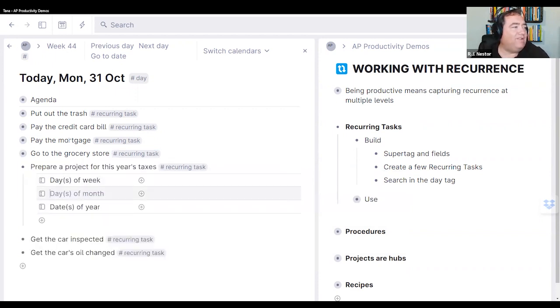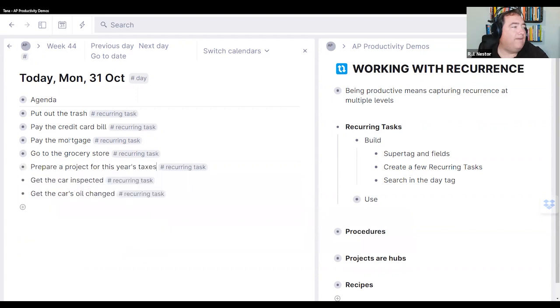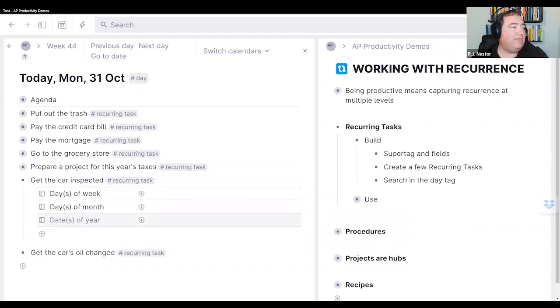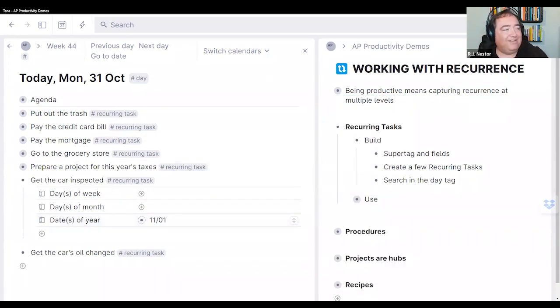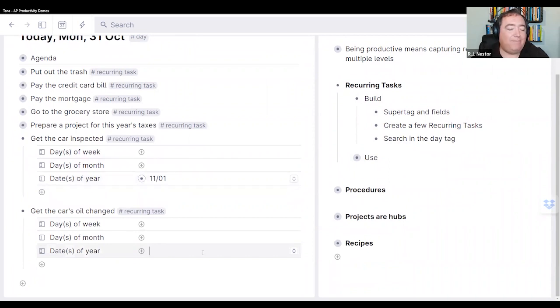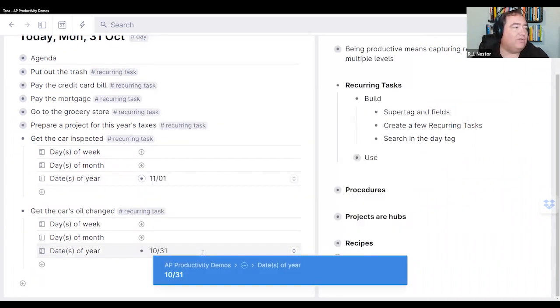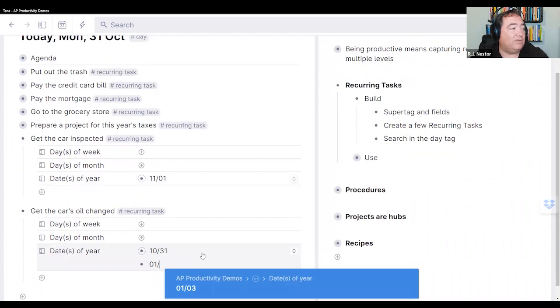Let's say preparing a project for this year's taxes is something that I always do on October 31st. Let's say that getting the car inspected is something that I always do on November 1st. And now let's imagine that getting the car's oil changed is something that I do 4 times a year, and that one of those dates happens to be October 31st, but I also do it on January 31st, and I also do it